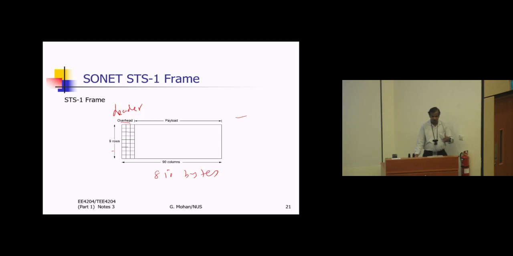Note that this basic SONET frame can carry multiple small frames or packets. This could be voice packets, or ATM cells, etc. I am not going into what is inside here, because SONET was initially used to carry voice packets, the telephone signals. Later, you want to carry data packets and other things. But the basic frame is this,